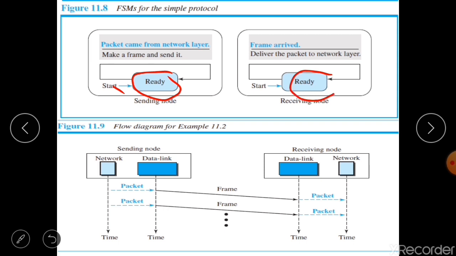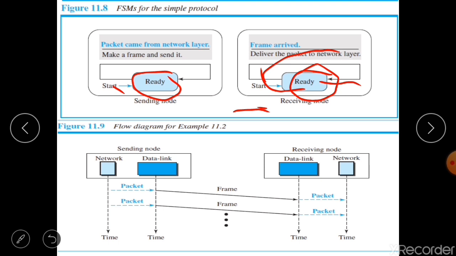The receiver machine remains in the ready state until a frame arrives from the sending machine. When this event occurs, the receiving machine decapsulates that message and delivers it to the upper layer, that is, to the network layer.